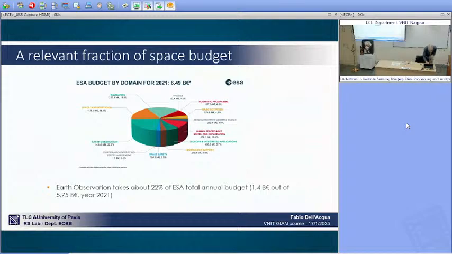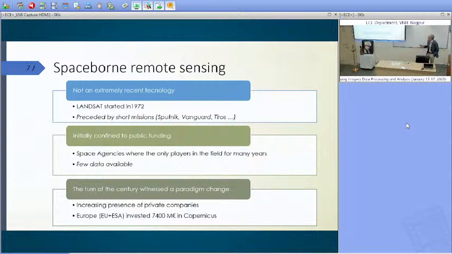No problem. Okay, the situation started changing. I probably lost that slide. I don't know why. Anyway, the situation started changing for a number of reasons. It started changing because space technology got cheaper,